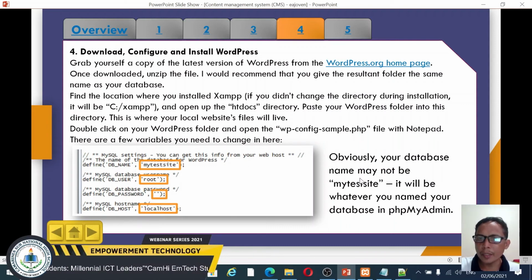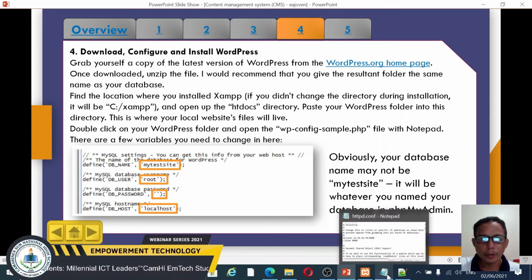Obviously your database name may not be my test site; it will be whatever you named your database in phpMyAdmin.